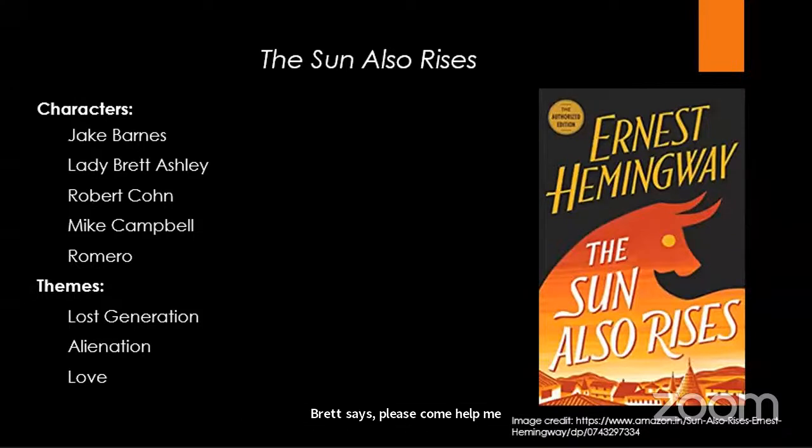The novel ends with Jake and Brett in a taxi. They are going in a taxi, and then speaking of, quote unquote, things that might have been. So Brett says how wonderful it would be if it was like this. And then Jake says, yeah, can you imagine how well it would have been? So things that might have been basically means what could have happened if Jake and Brett got married. They expressed their love to each other, and then got married and all. So the novel ends with a kind of a positive note, if you really want to look at it that way. But overall, it touches upon multiple themes.